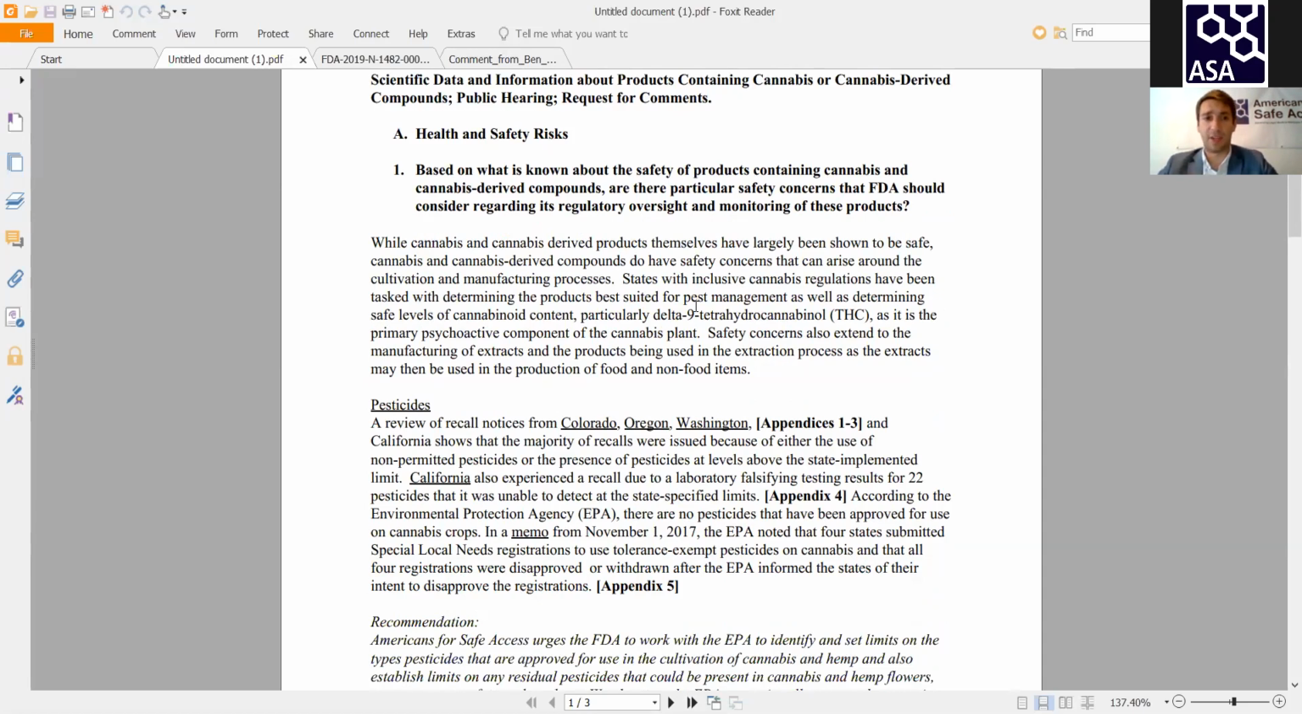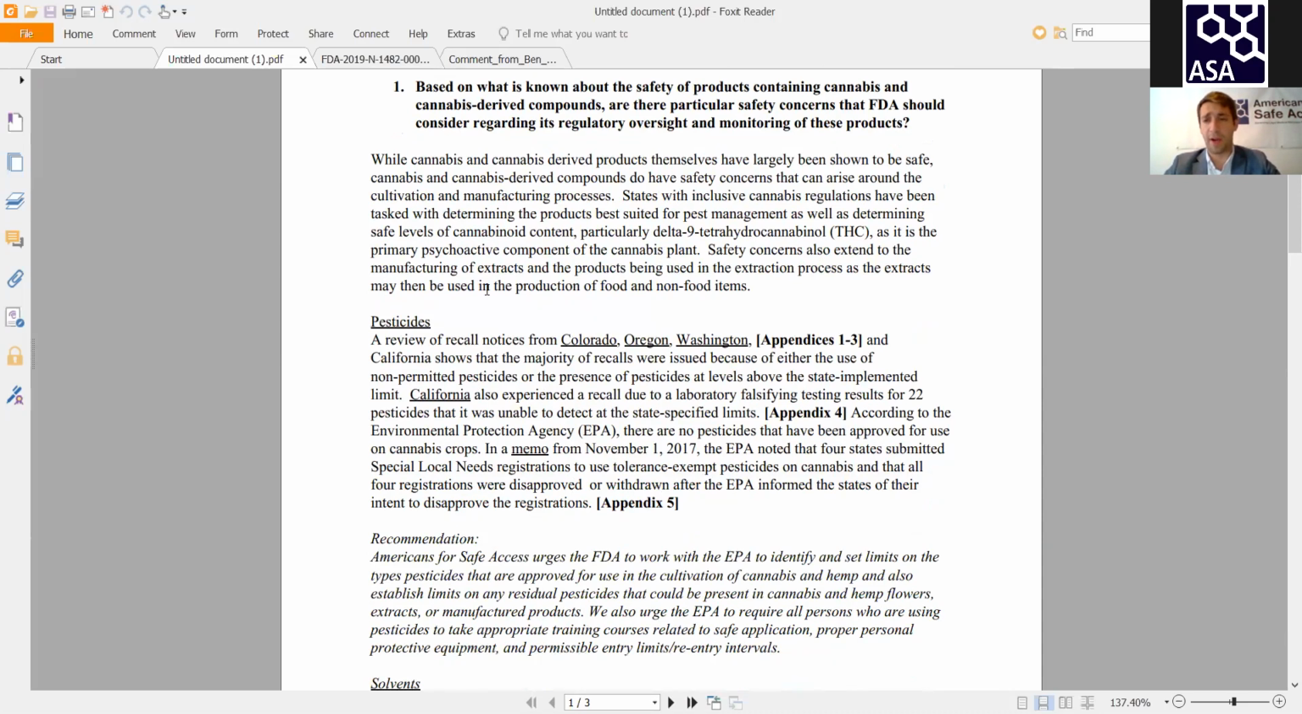So this section is health and safety risks, and we primarily wanted to talk about the external risks, pesticides, heavy metals, other impurities that can be associated with cannabis cultivation. So we start with an intro paragraph. I won't read the whole thing, but I'll leave it on the screen for a moment. And then we go into specific safety concerns that the FDA should be concerned of when they are making regulations. So under pesticides, we linked to 3 different notices from Colorado, Oregon, and Washington about notice of